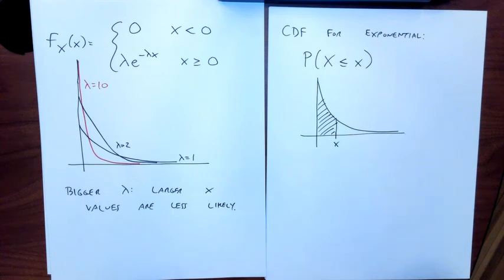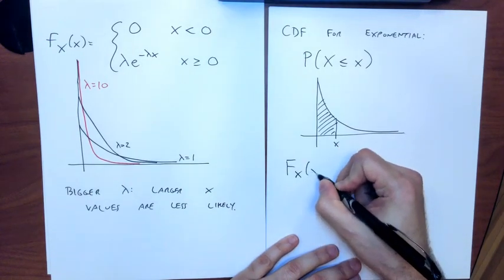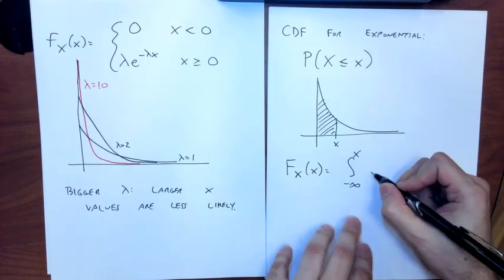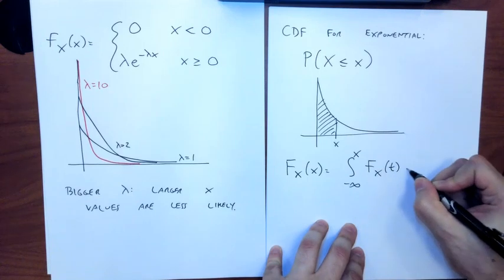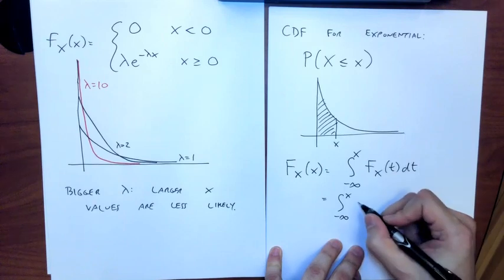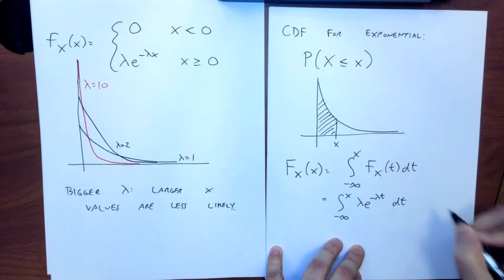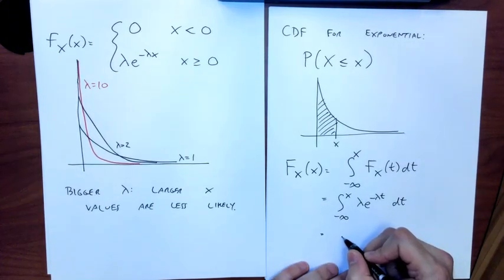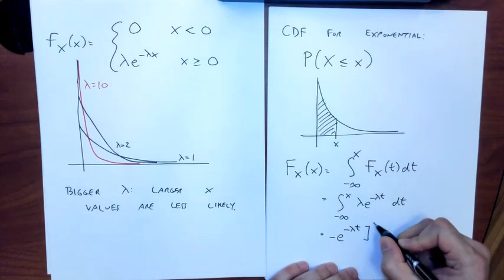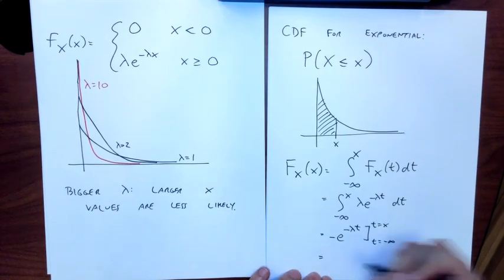Well, let's just do the integral, right? So luckily, this is kind of like nicely integrable, right? So the definition would be I integrate up to some value. Since this value now is the same here, I have to be a little bit careful to use a different variable of integration here. So I'd have the integral from here to here of lambda e to the minus lambda t dt, which would be equal to e to the, let's see, minus like this, right? Evaluated at x and evaluated at minus infinity. And then